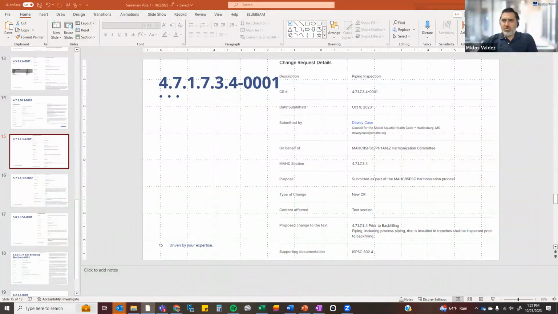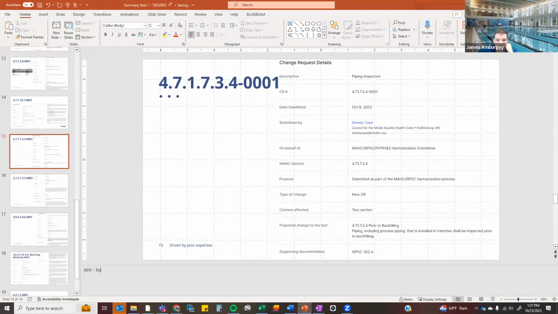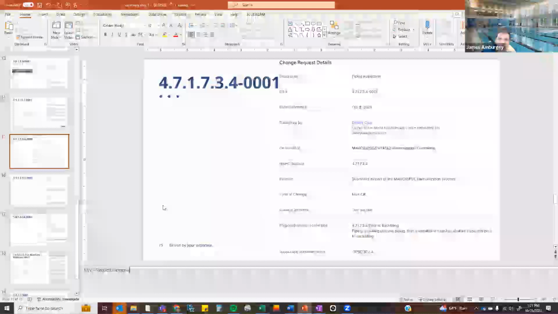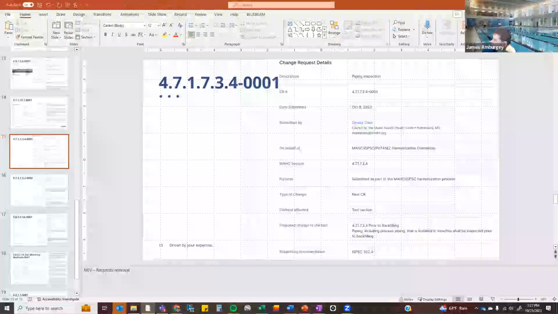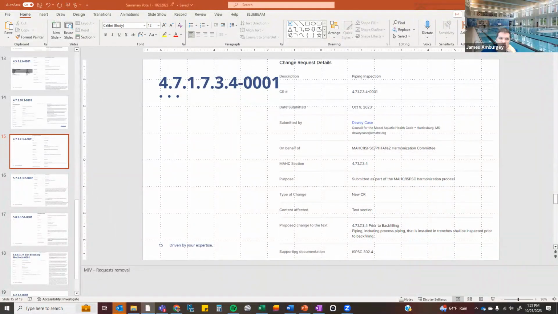If no one thinks otherwise, it might be worth taking this out, because I think it might be better to put this in a different section. It looks like it's just saying before you backfill it, you've got to test it. And there's a testing section that follows this for static water pressure test. That's probably what it's referring to, that you need to do that test before you backfill, but it's not